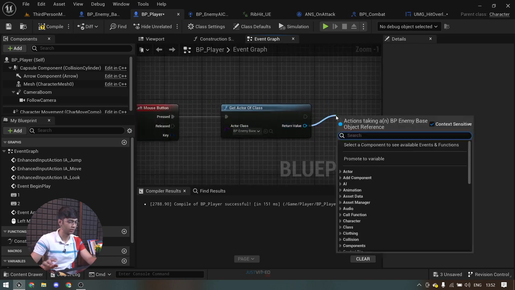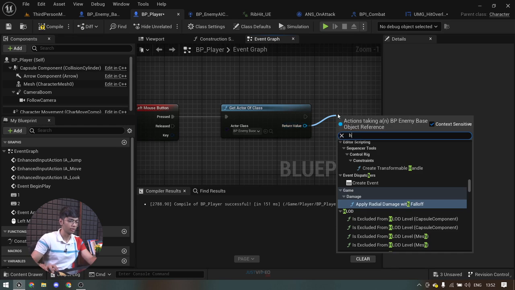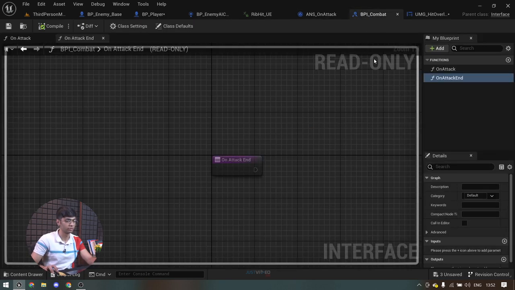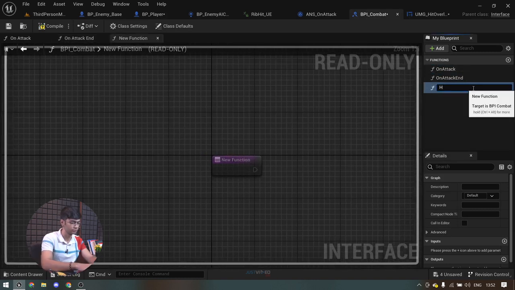And once we have the enemy, we are going to create a hit react function so we can use our combat interface that we just implemented. I'm just going to create a function for our interface. So add function hit react,